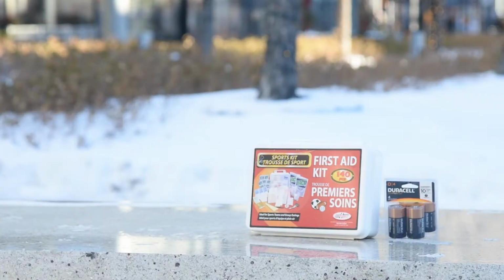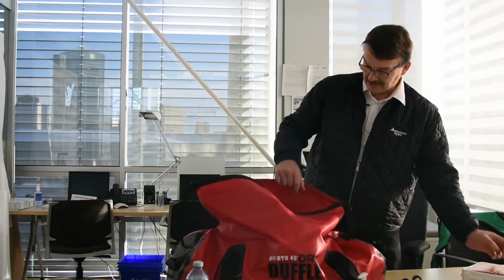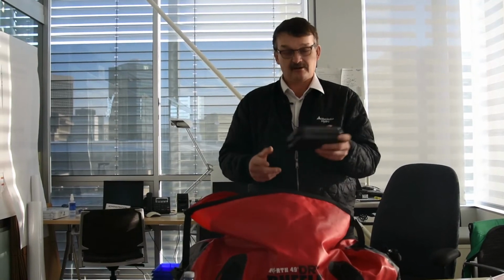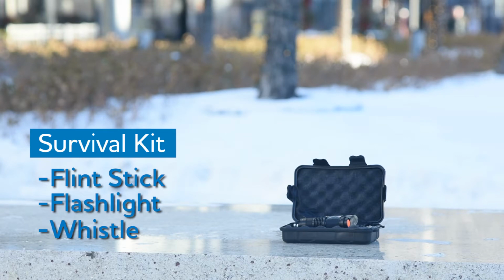First and foremost, what you'd want to make sure within your emergency kits is that you have a first aid kit. That should be one of the primary pieces of equipment that you actually have. Extra batteries for your flashlights. We also have within the kits themselves here a survival kit that has a flint stick, a flashlight, whistle,